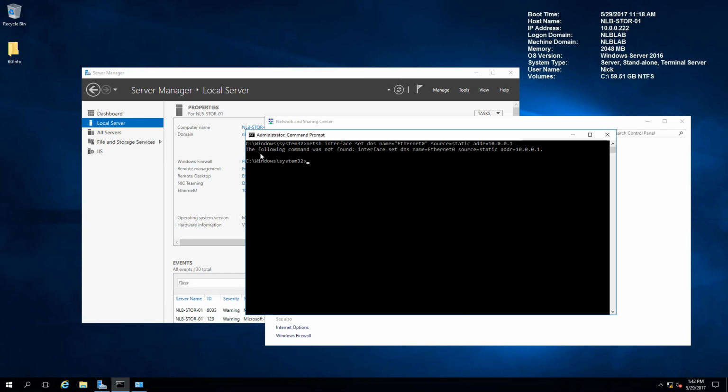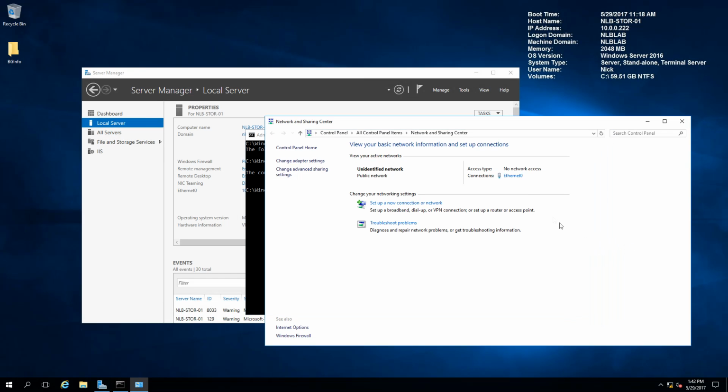Let me just see, the following command was not found. Let me just see. netsh interface set DNS name. Oh, I'm sorry. I set it the wrong way, so I missed the IPv4. Okay? It's saying that the configured DNS server is incorrect or does not exist, but let me just verify the